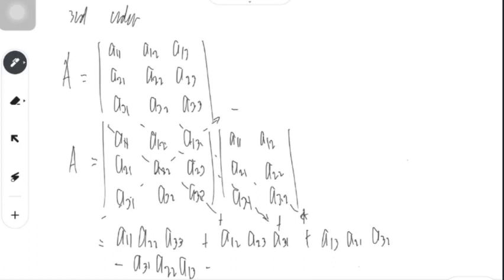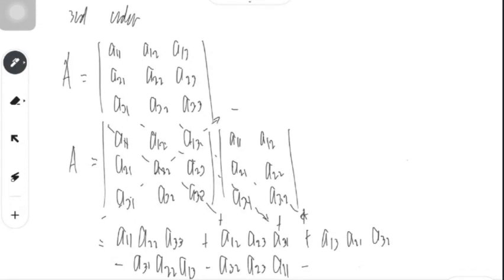Minus again, no? That is A32. What next? A23, A11. Then again, for the last term, we have here